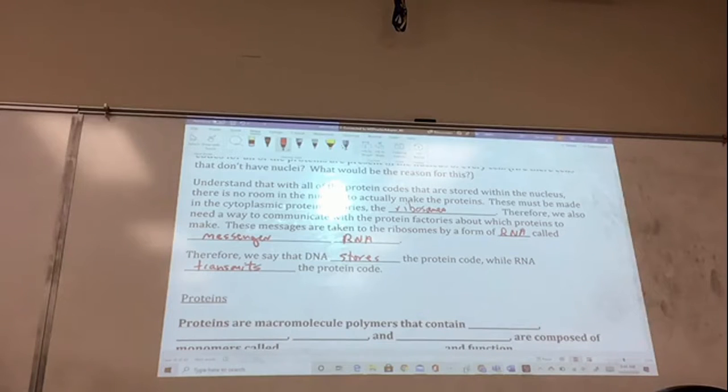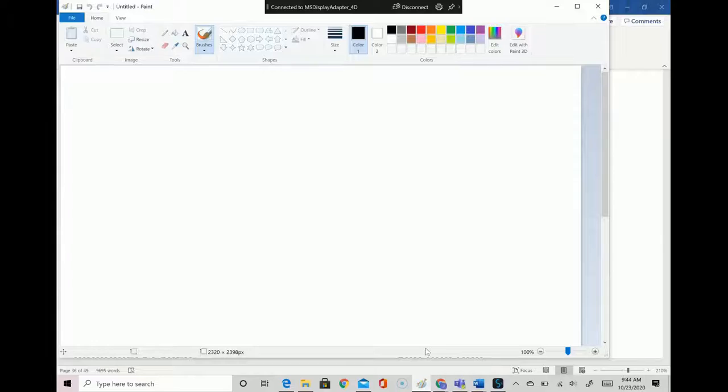Let me show you what I want. I didn't put the list of how I want things here. So as far as nucleic acids go, their functions are going to be heredity, and the specific molecule there is DNA, and then the other function is it's the protein code,